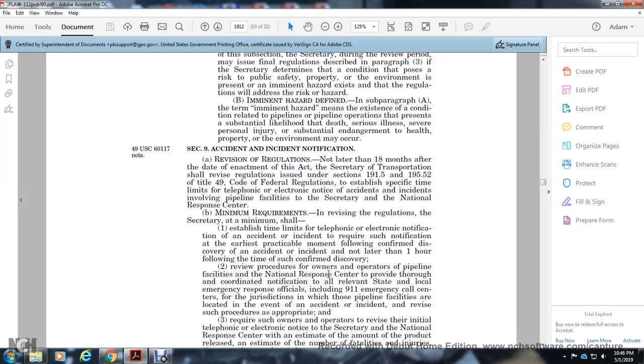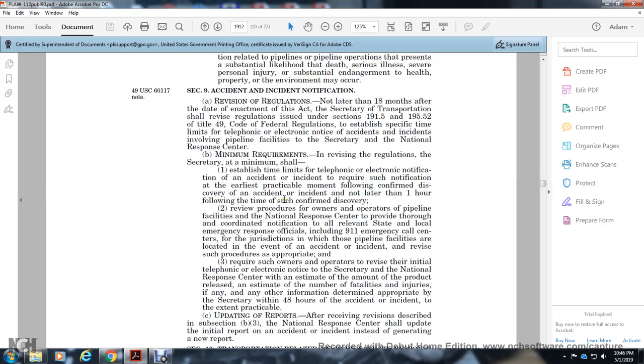Revision of regulation: no later than 18 months after the date of the enactment of this act, the Secretary of Transportation shall revise the regulations issued under Sections 191.5 and 195.52 of Title 49, Code of Federal Regulations, to establish specific time limits for the telephonic or electronic notification of an accident or incident involving a pipeline facility to the National Response Center. Minimum requirements: in revising the regulations, the Secretary shall establish the minimum time for the telephonic or electronic notification of an accident or incident required